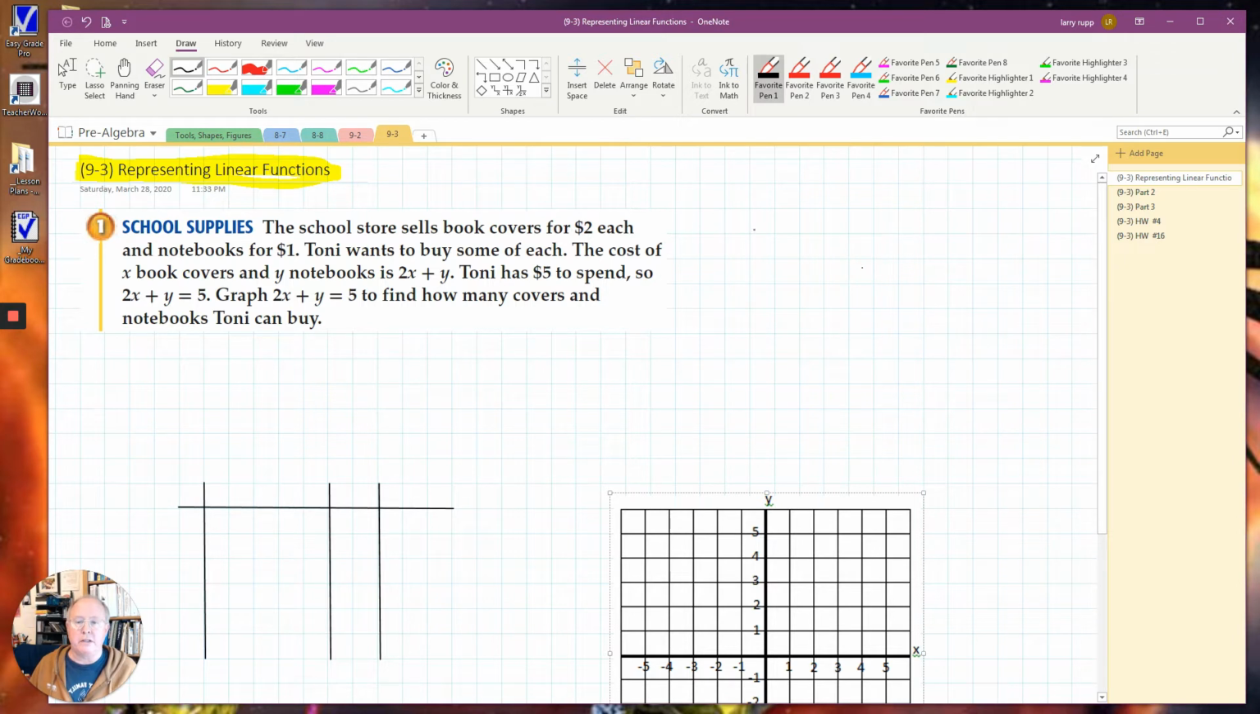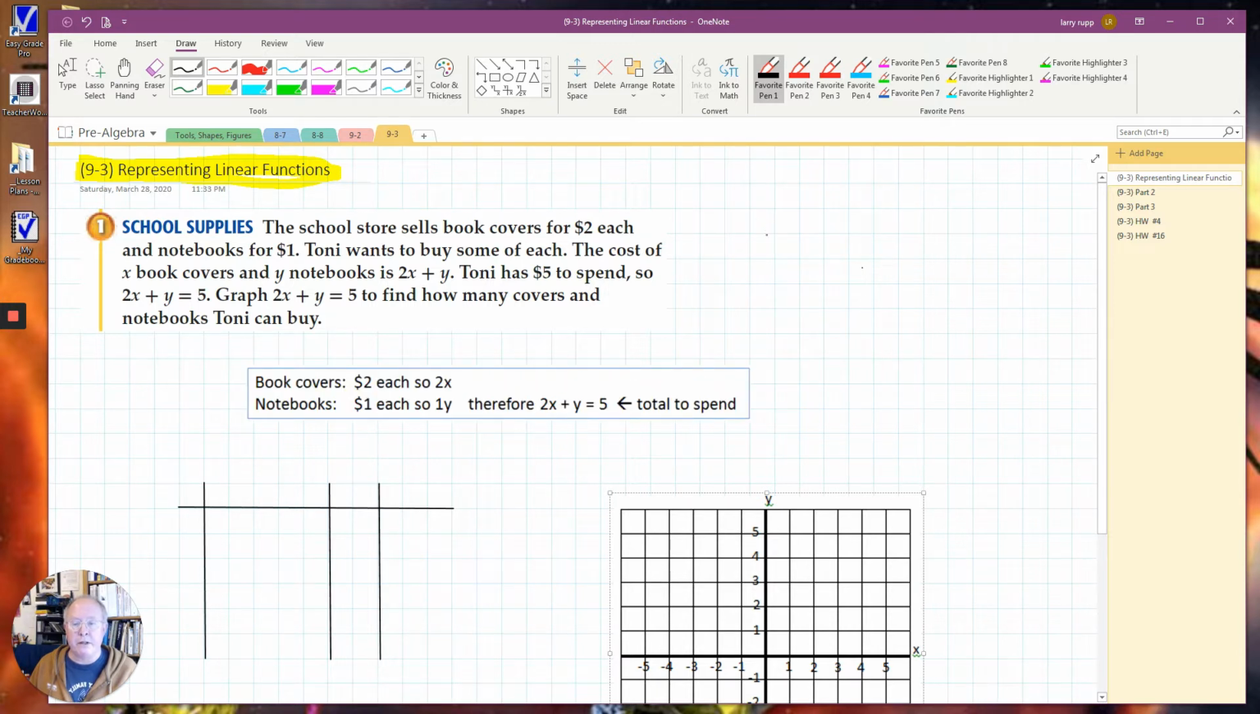School supplies. The school store sells book covers for $2 each and notebooks for $1. And Tony wants to buy some of each. The cost of x number of book covers and y number of notebooks is 2x plus y. Tony has $5 to spend, so 2x plus y equals 5. All right, so graph 2x plus y to find out how many book covers and how many notebooks Tony can